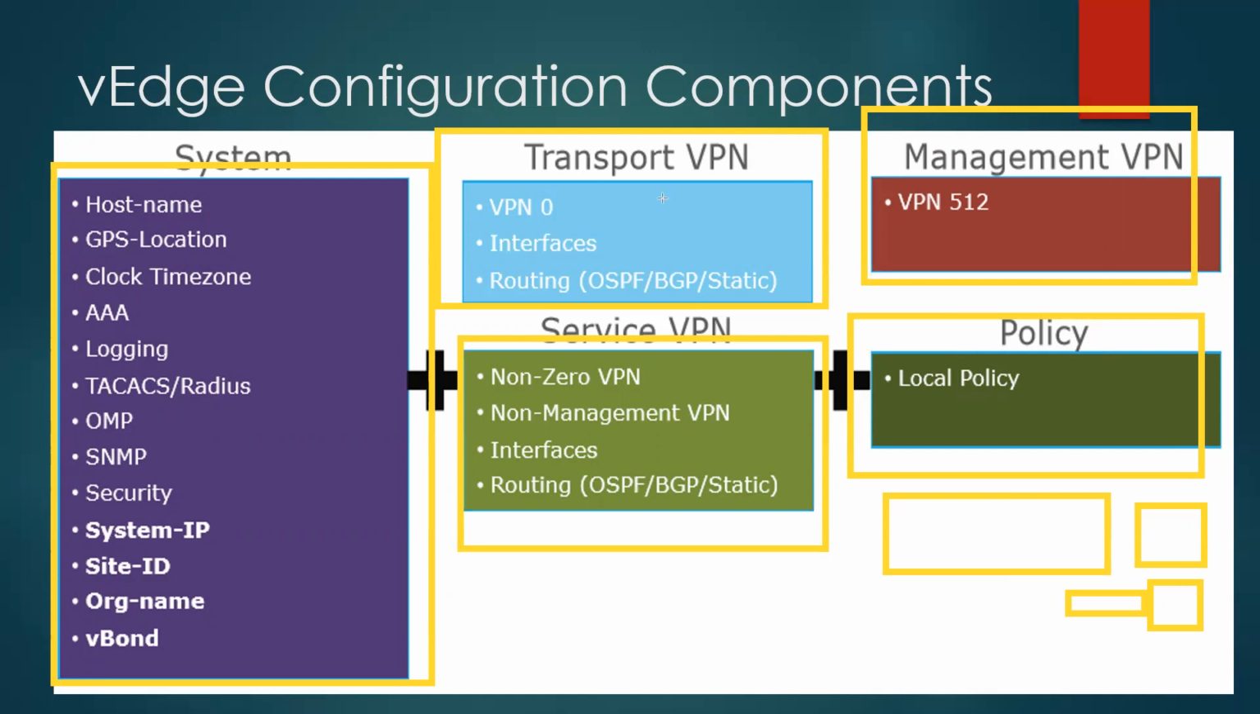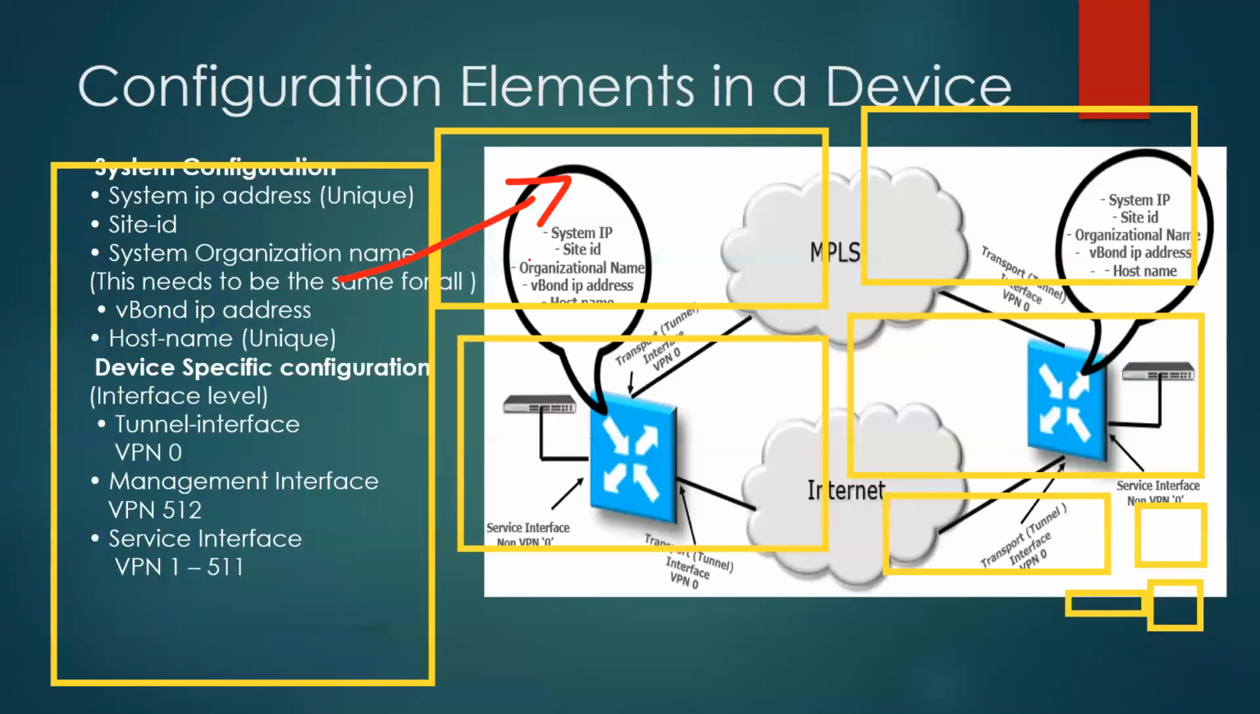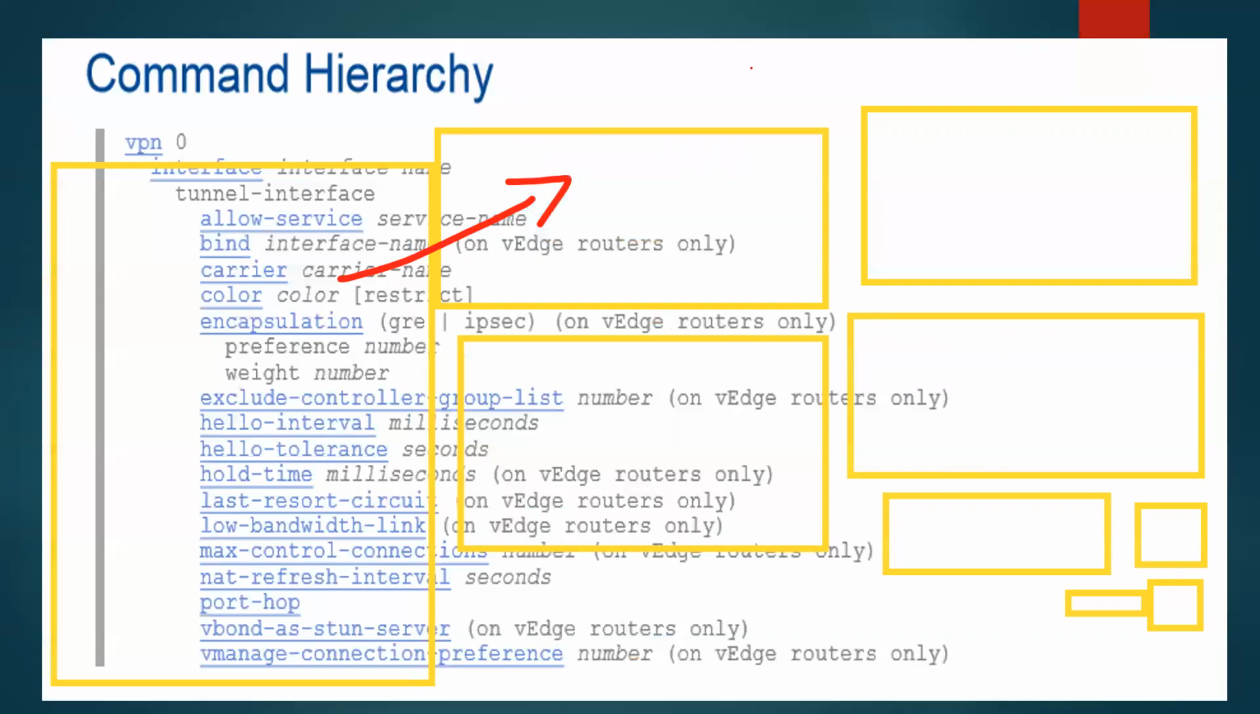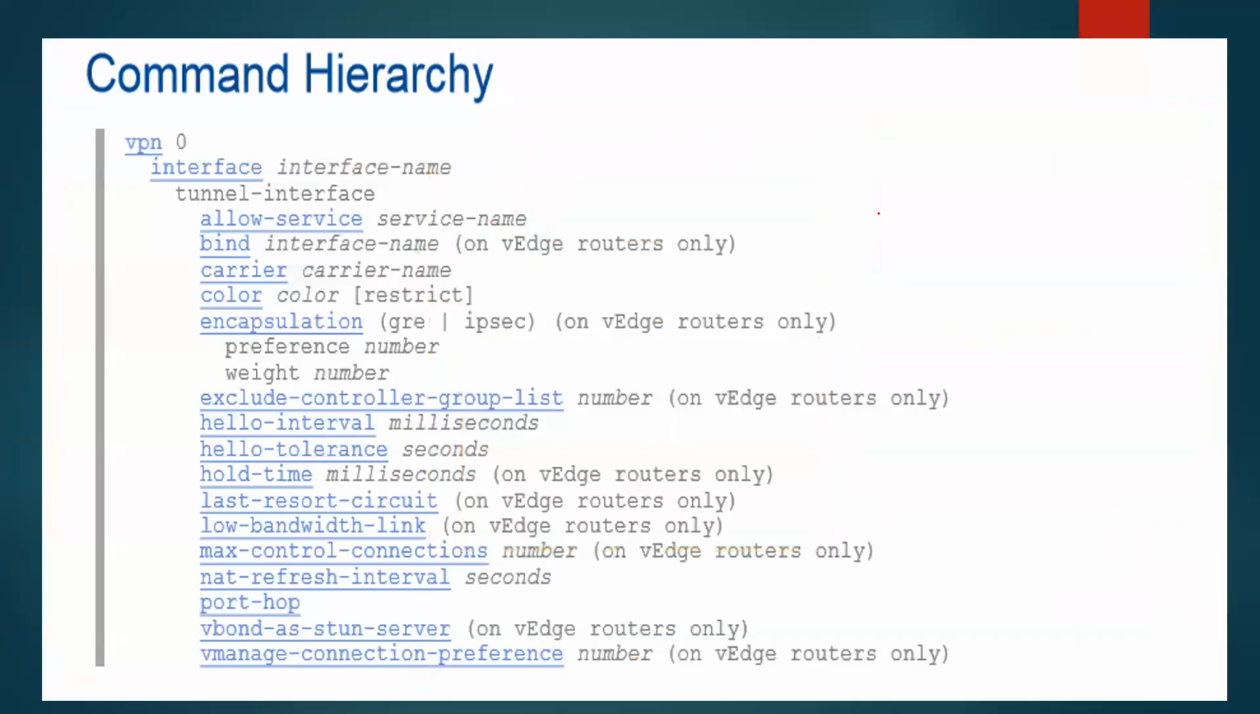Now, what you have to do next: can you tell me more about the VPN 0 configuration? For that, yes, why not? For that, I have one specific slide, but again, you will understand this terminology more when we create our template. Here you can see that VPN 0 is one hierarchy. Inside that, we can define the VPN 0 interface, and then we can define the tunnel interface. Now, this tunnel interface is